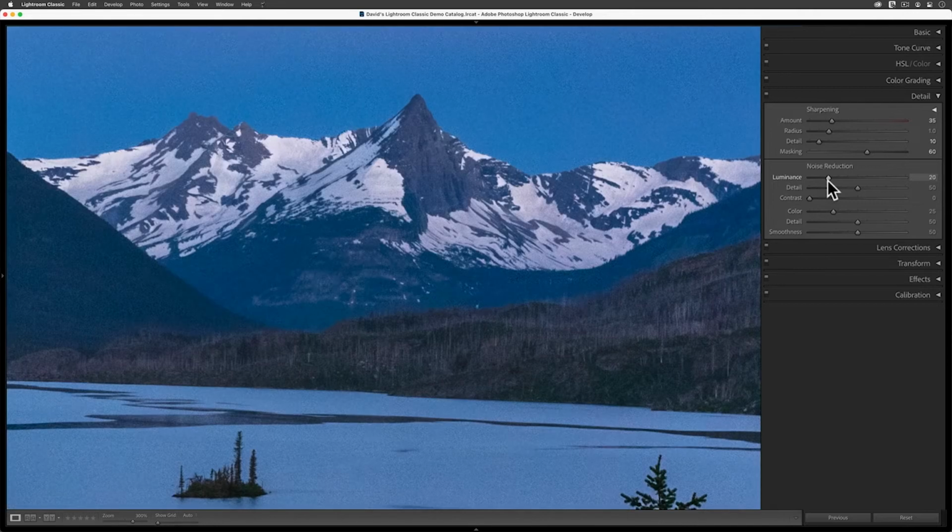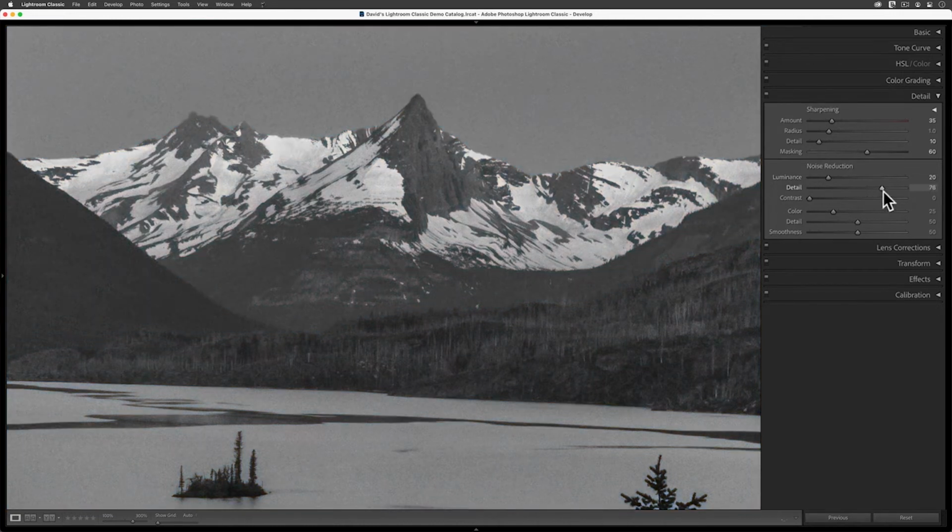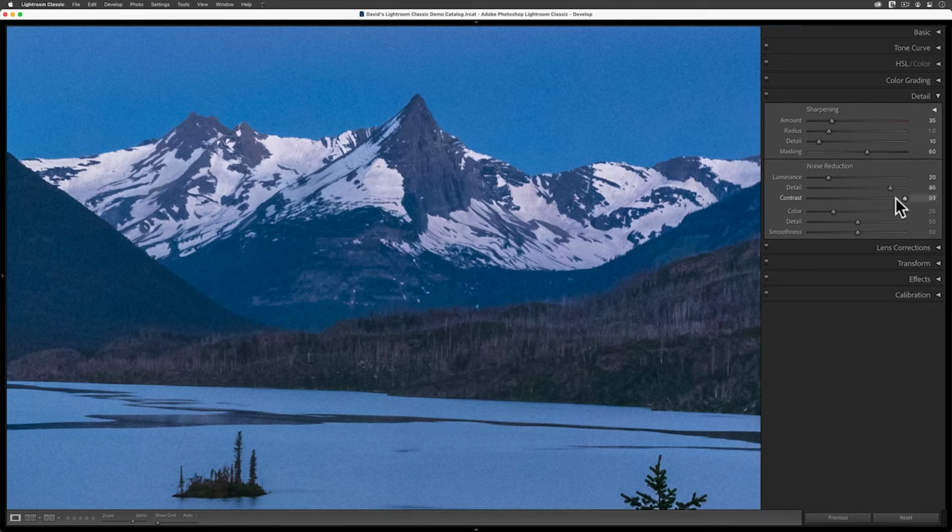I don't think that we'll see a significant difference on this image, but it's worth knowing that the Alt trick also works with the detail and contrast sliders in this portion of the panel too. My eyes only see a tiny difference when I move the detail slider around, and I can't see any difference at all with the contrast slider here, so I'm going to set this one back to 0. On some images, these two sliders will make a tiny difference, but their effects are not going to be noticeable all the time.